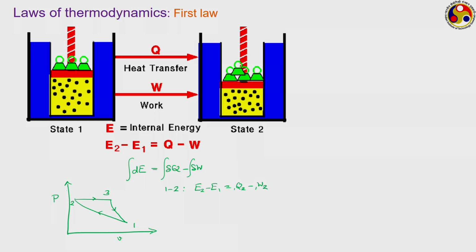If the directions of heat transfer and work transfer are opposite to the ones that we are considering, then you have to put a minus sign. During process 2 to 3, you have E3 minus E2 is equal to Q23 minus W23, and then during 3 to 1, you have E1 minus E3 is equal to